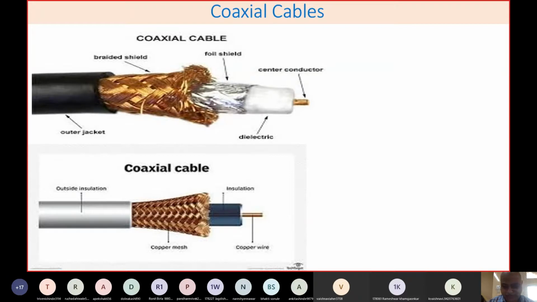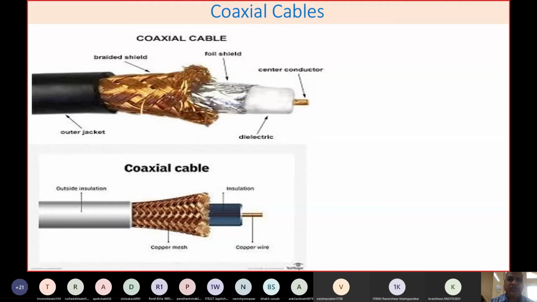And not only these cables, but we'll see the various physical components that are required for cabling the network. And we'll see the popular concept, what is structured cabling in case of networking, and different components that are involved in this structured cabling, and then what are the types of cabling, how you can trim the cables, and some of the important issues related with this. Let's start with the coaxial cable.